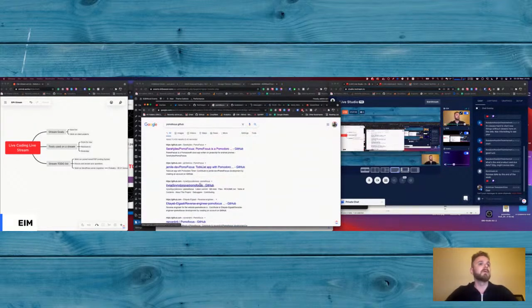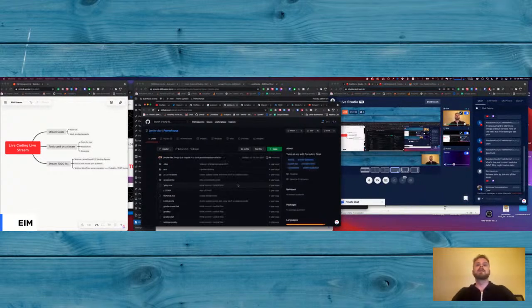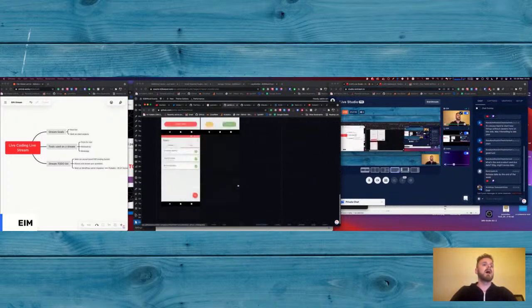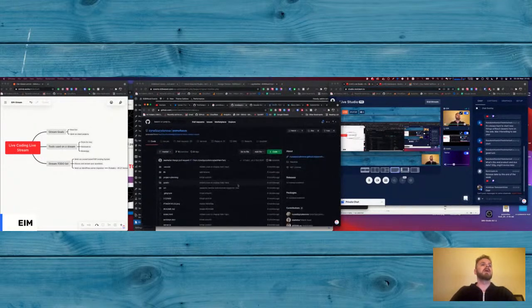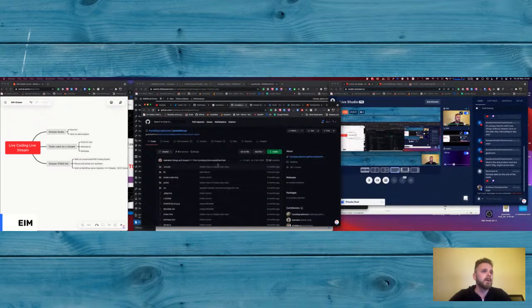Promo focus. There's a lot of forks of that for Android phones. So which one is the original? So okay, this is like 1 star. This is like 15 stars. But this is a mobile app. Okay. This is what? A fork? Okay. Hack Future Belgium Starter Basic Import Export. So this is a weird repo to branch out from.